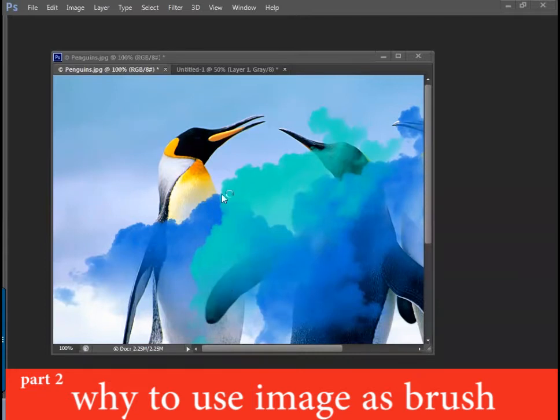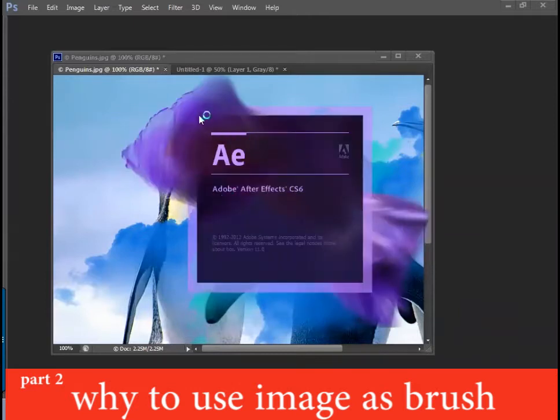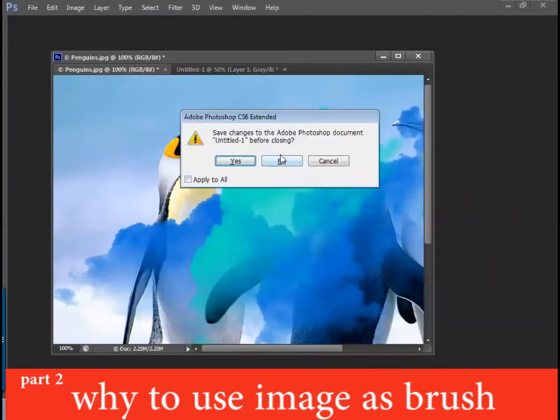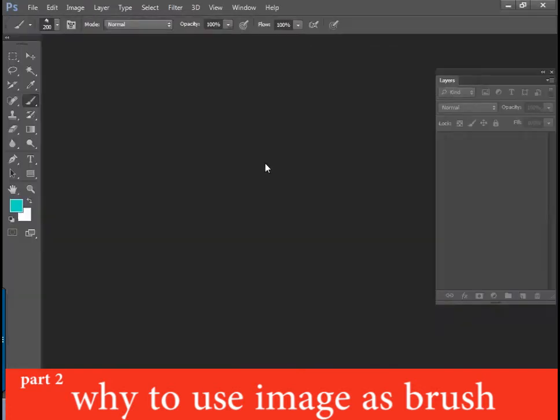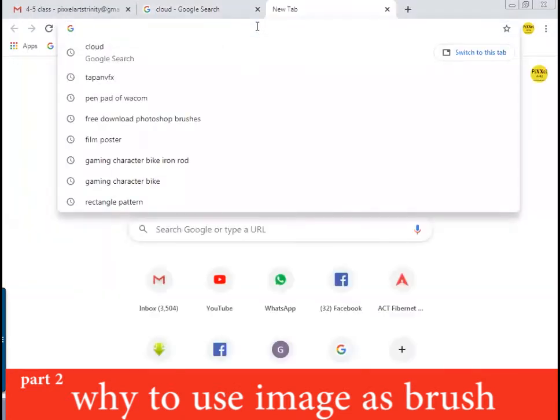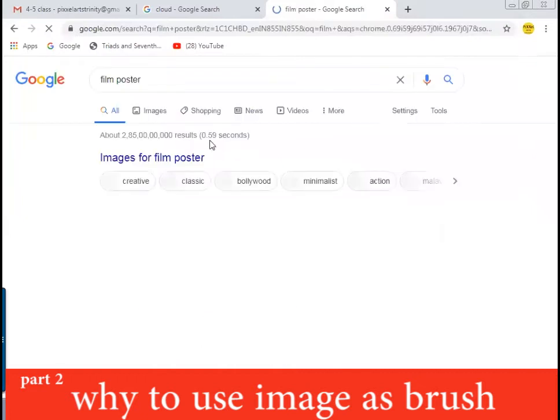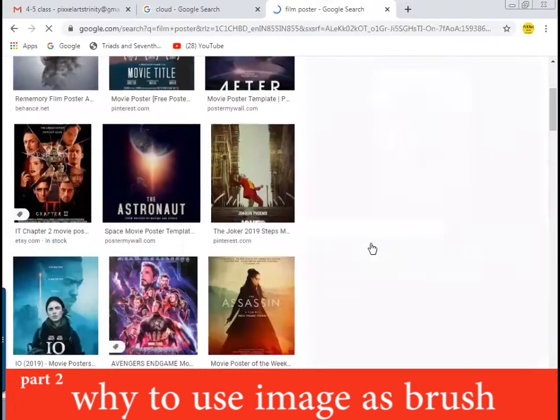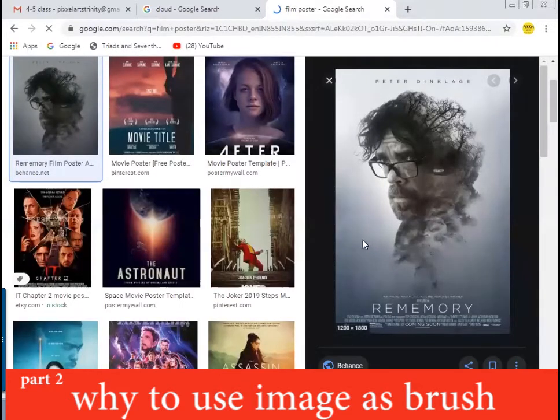Whenever you find the clouds flying and the camera panning inside it, all these visual effects are done with this technique. So it is not to teach you the next software, but to make you know what you learn, how people use it, where it is used. To make film posters, yes, posters. See, often you find the hero stands inside the cloud, inside the smoke, inside the dust. It is very difficult to cut all these things with your present knowledge. But this particular technique will allow you to cut the shapes so that you can place them anywhere you like.